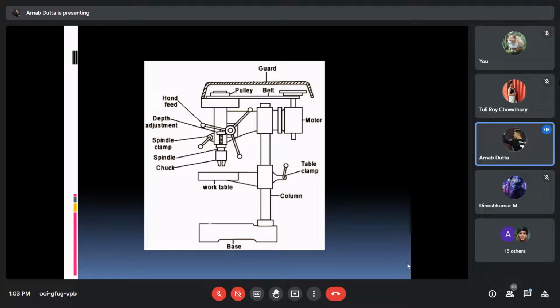The overhang also consists of the spindle, which gives the rotatory motion to the chuck, and the chuck holds the drill bit, which performs the operation, and the workpiece is clamped on the work table, which has a vise which holds the given job.